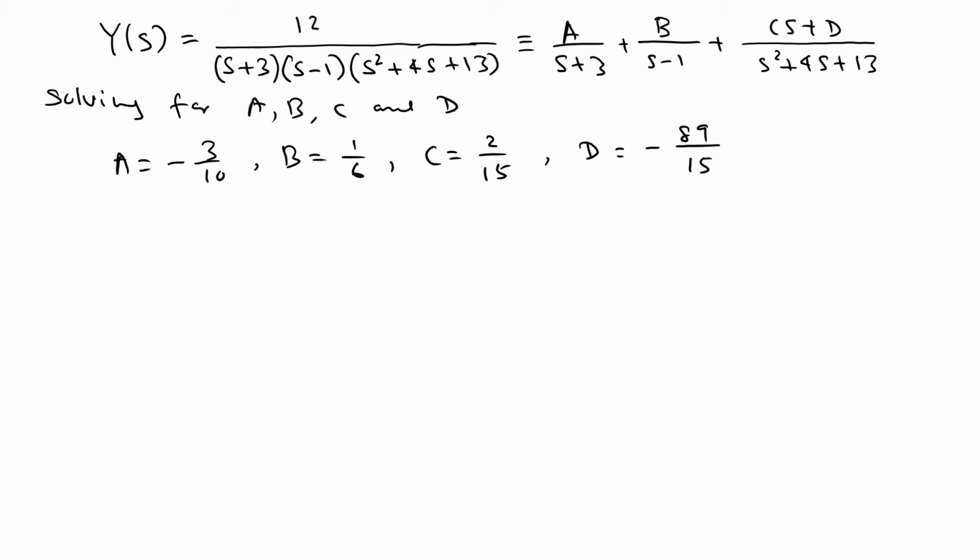So those are the four numbers that you get, and then you can substitute and write Y(s). So Y(s) is going to be negative 3 over 10 times 1 over s plus 3,